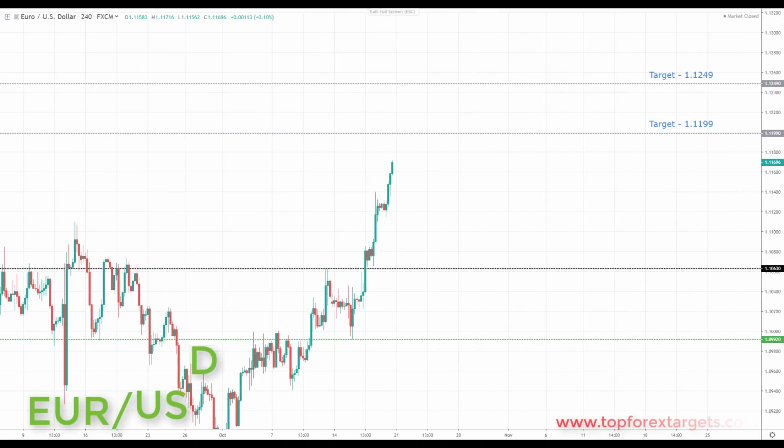The next market that we are going to look at is the euro dollar. Now, last week we were looking for further advances to the upside. We highlighted the 1.09930 area to start to look for a bounce to the upside, and we tagged this almost to the pip before rallying to the upside, taking out the target set from last week at the 1.11040. So I hope some of you made some nice profits off that move.